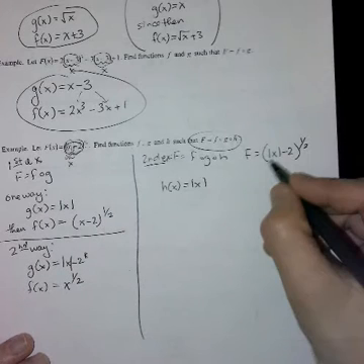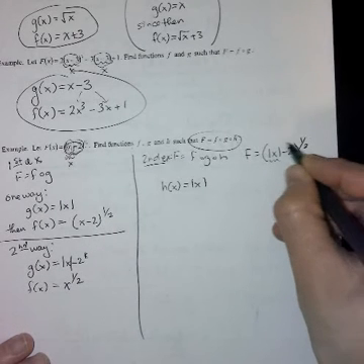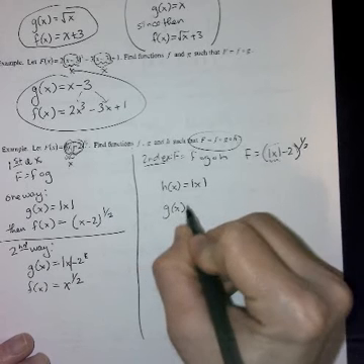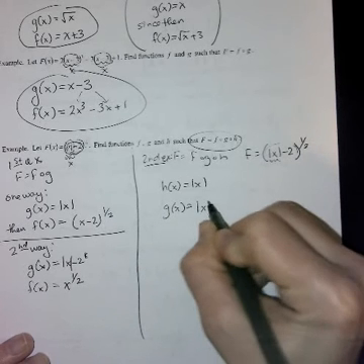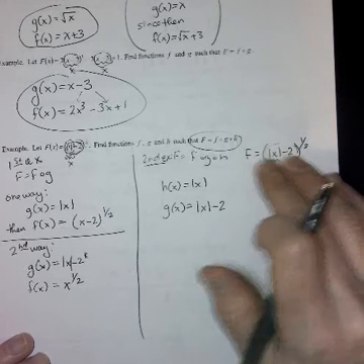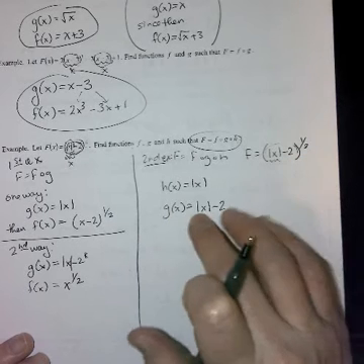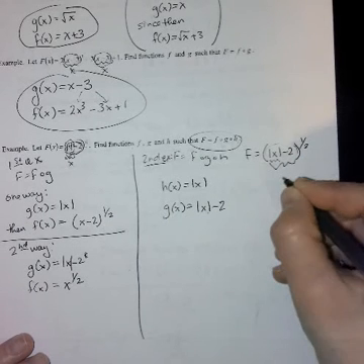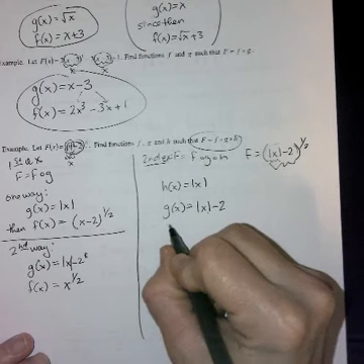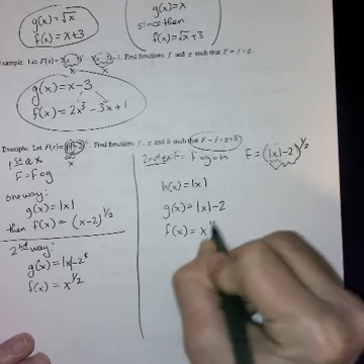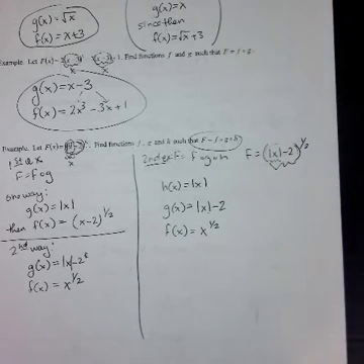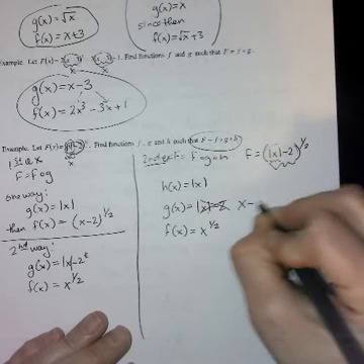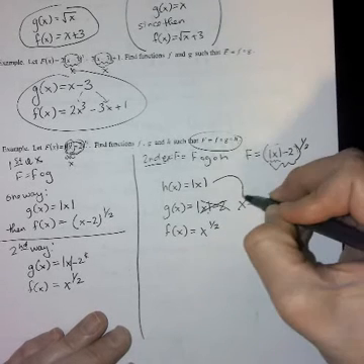Okay, so this is going to go into the next step, which is the subtraction of 2. That's going to be our g at x. So you basically work from the inside out. Now you're going to take this, and that's what's going to go in place of the x in the outside function, which will be x to the 1/2. I'm sorry, I don't know why I put absolute value of x here. This is not right. This should just be x minus 2. So that goes into here, and then